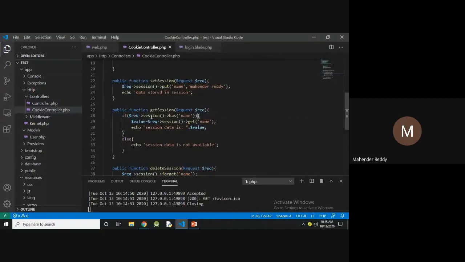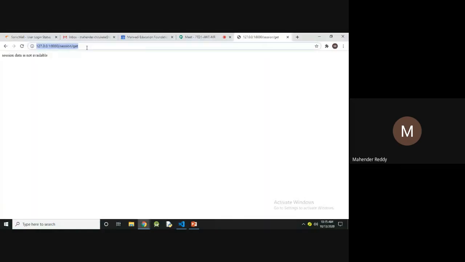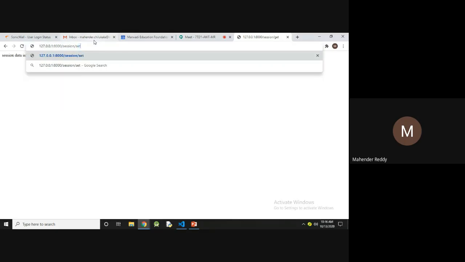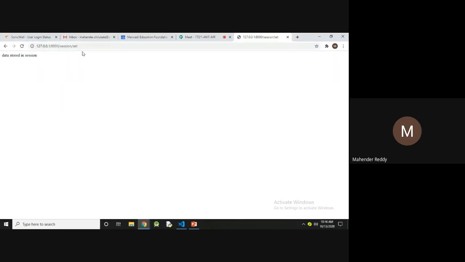Request $req, session has. Yes, session data is Mahendra Reddy. So first I set, then data is stored in the session, and I'm using the get method.